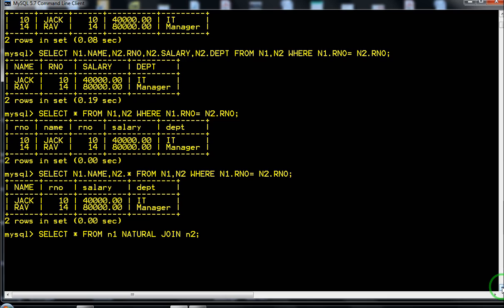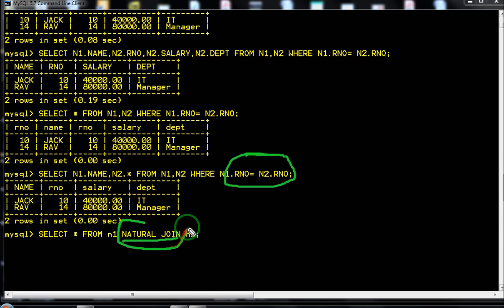If you are using this natural join clause, then you need not give the join condition. Like here you are giving the join condition, that means where N1 roll number equal to N2 roll number, only those records will be displayed. But if you are using the natural join clause, you need not give a join condition. It will automatically create a natural join through the appropriate common field.